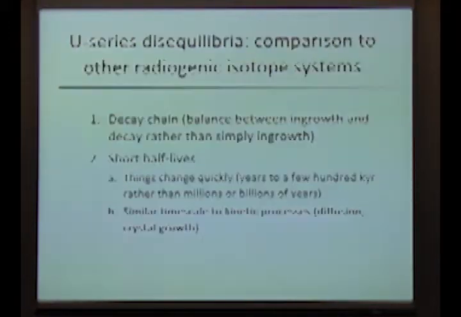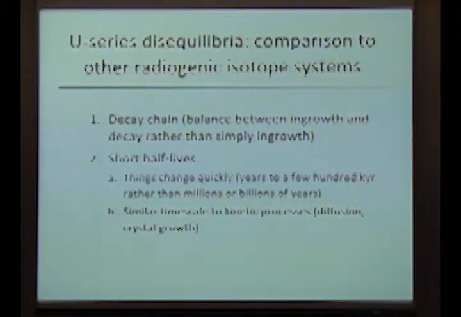Okay, so in comparison to other radiogenic isotope systems, there's a number of key distinctions. The first and most important being that what we're dealing with is a decay chain rather than a simple parent-daughter pair. And so for each of the intermediate nuclides that we use, there's a balance between ingrowth from the immediate parent, and decay of the produced daughter itself. So there's this balance when you're actually measuring the abundances of these different things. And it's that balance that we make use of in terms of trying to use these to date different geologic